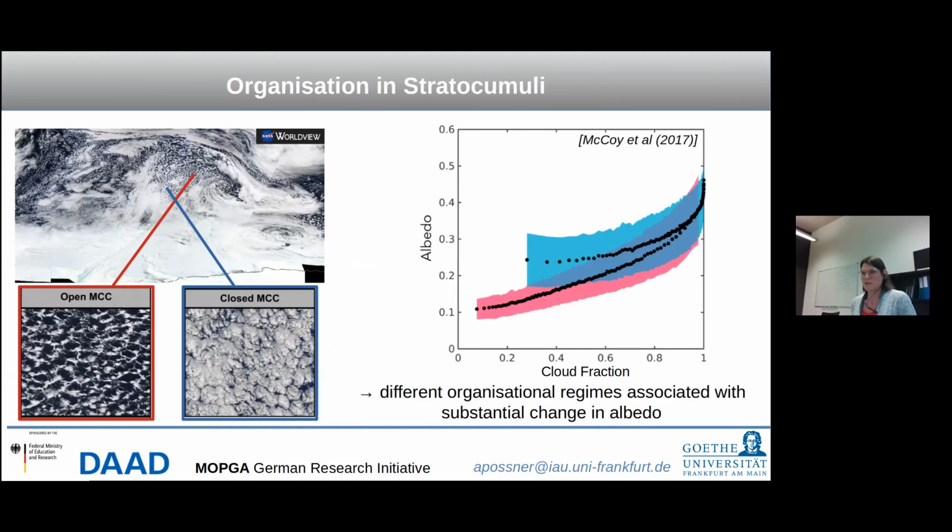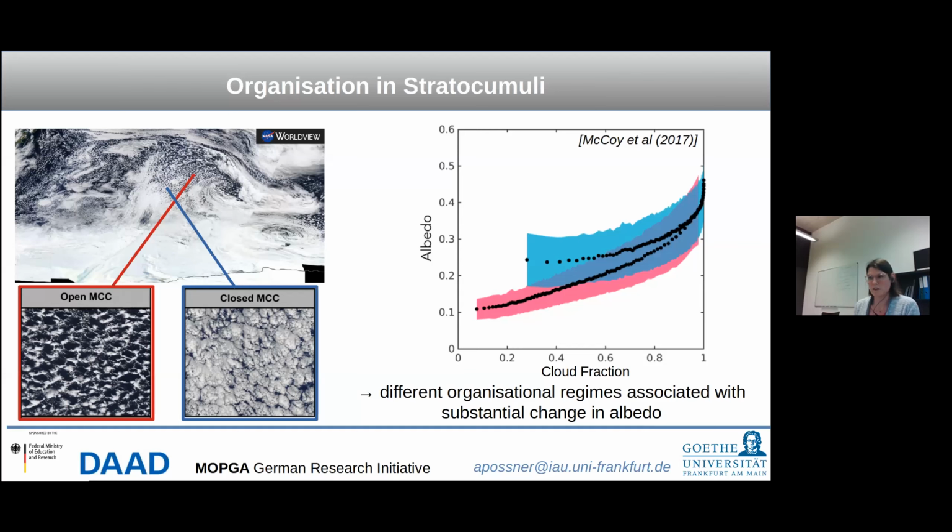So the composition in terms of water and ice impacts the reflectivity of these types of clouds, or the albedo. And the other thing that we know is that the organizational state of them also does. So stratocumulus tend to organize into different types of patterns. We either have stratus cloud that is completely diffuse. You can think of it as an optically thicker fog, really, that forms above Earth's surface. And as these clouds start to retain more water and become more dynamic, they organize into different patterns.